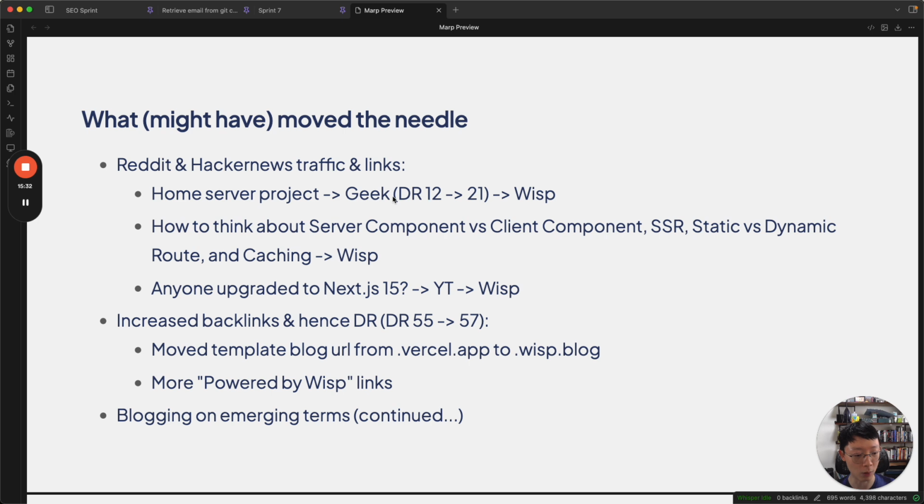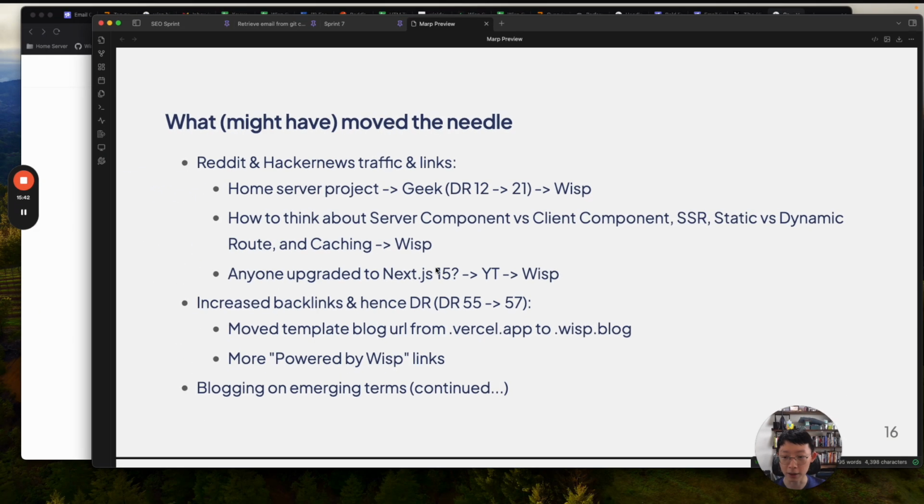So in that one single post on Hacker News page 1, Gig's own domain rating went from 12 to 21, so that was crazy. The next thing